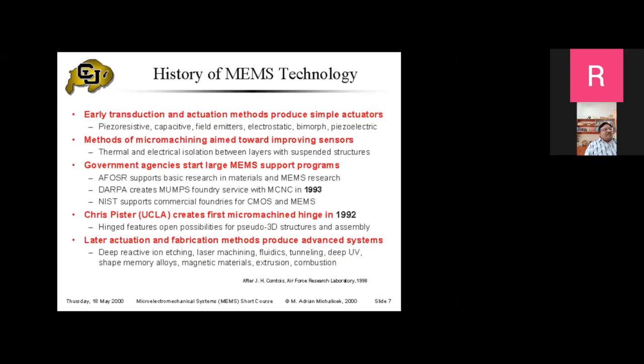You will see as we go along, there are some devices where you can change the capacitance, or you can also change the resistance by applying stress fields. So these are all the things that are possible with MEMS. That's one of the earliest things that people have thought about: electronic control of these MEMS devices. Later on, the electronic control of optical devices also has come.